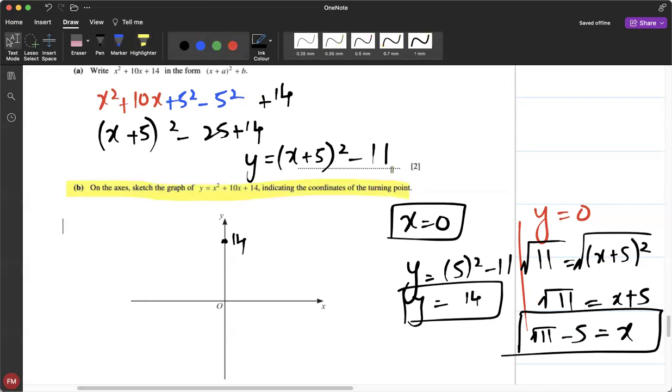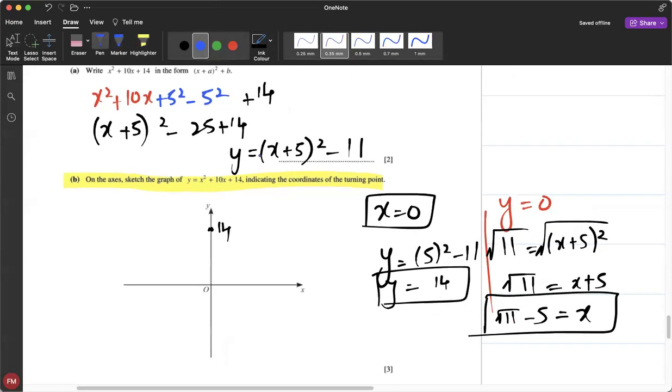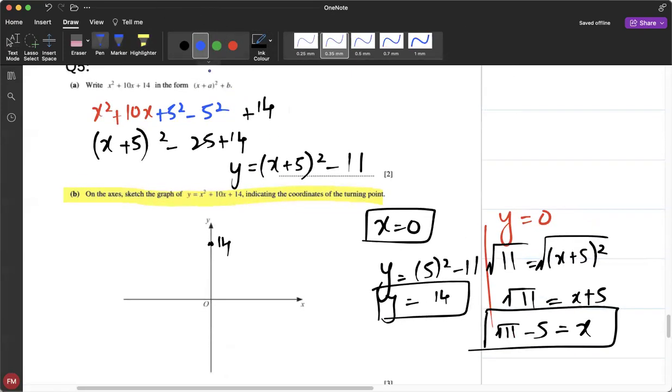Not every question is going to ask you to sketch, and they wouldn't expect you to label out the x and y intercepts. So since the question over here explicitly says they just need the turning points, that's it. They don't need anything else. So can't you say that if that's the case over here, then we can see just by looking at it that it's going to be obviously 14 on the y-axis. However,